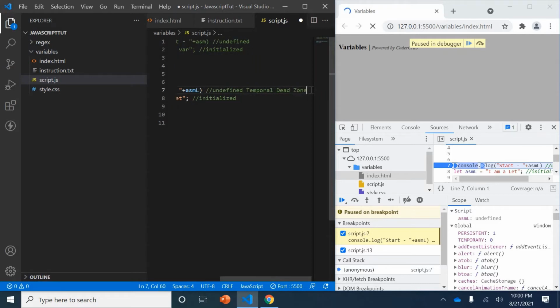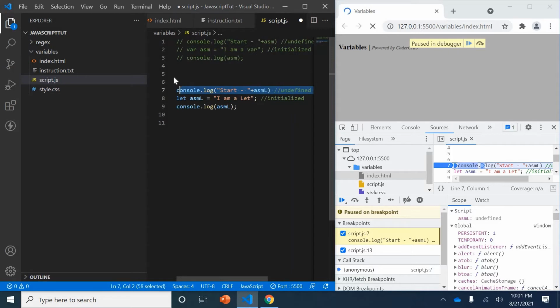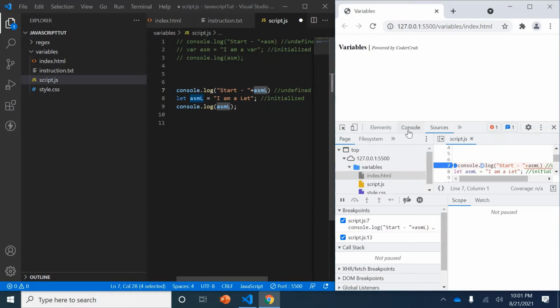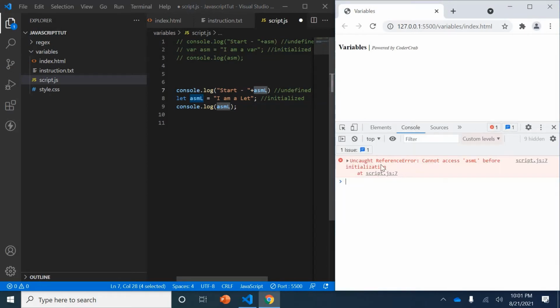This is the area where if you try to access a let variable, or we'll check for const later, for a let variable it would say not initialized yet and it will give a reference error. Let's see that. You can see one error came. Let's go there and see. Reference error: cannot access ASML before initialization.